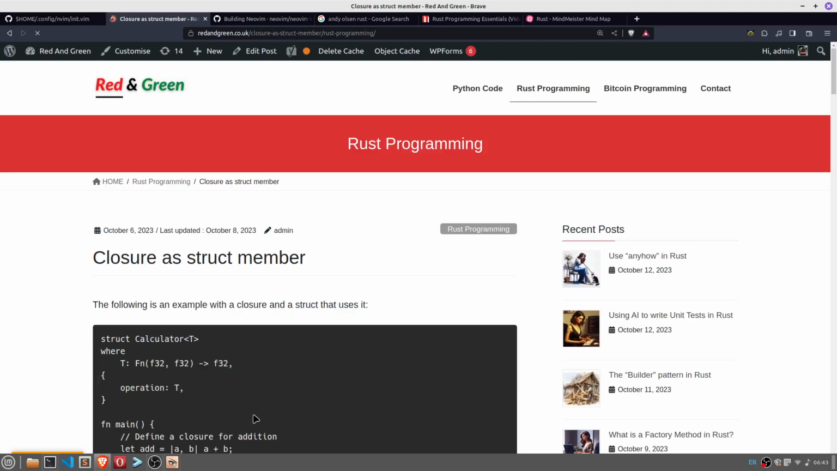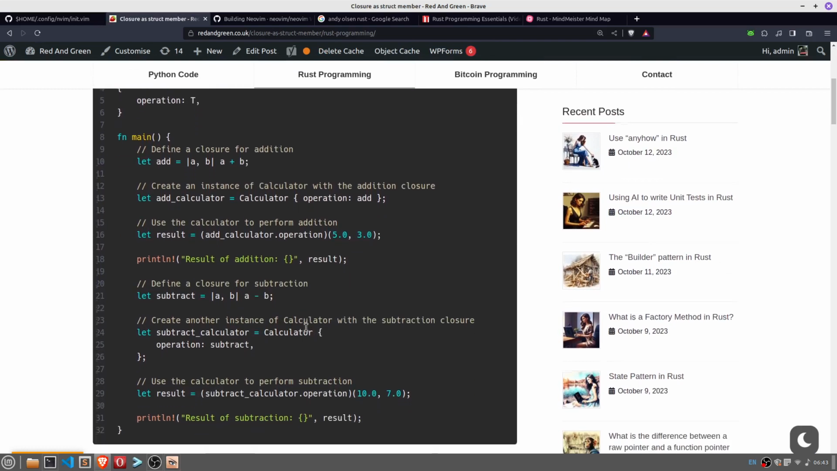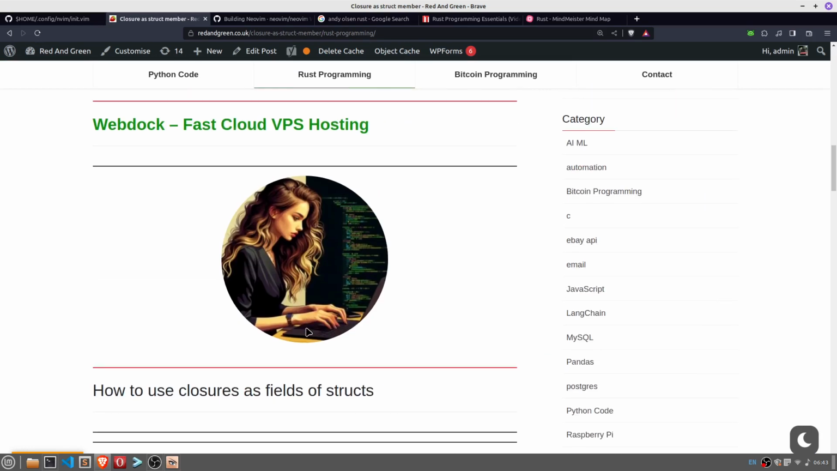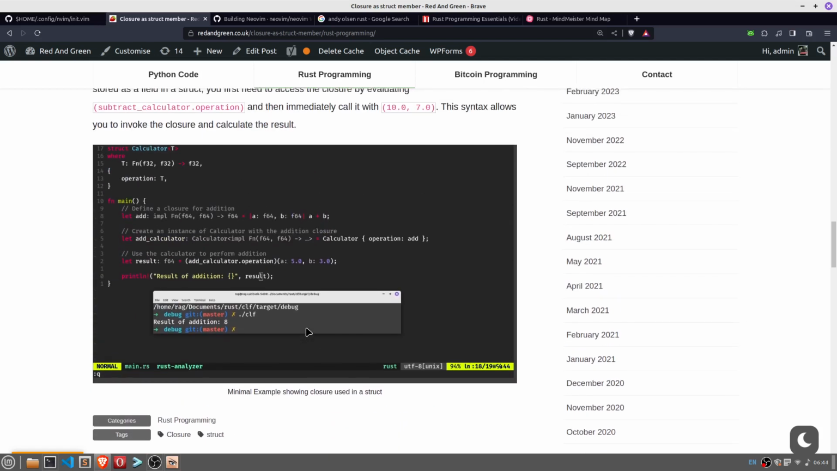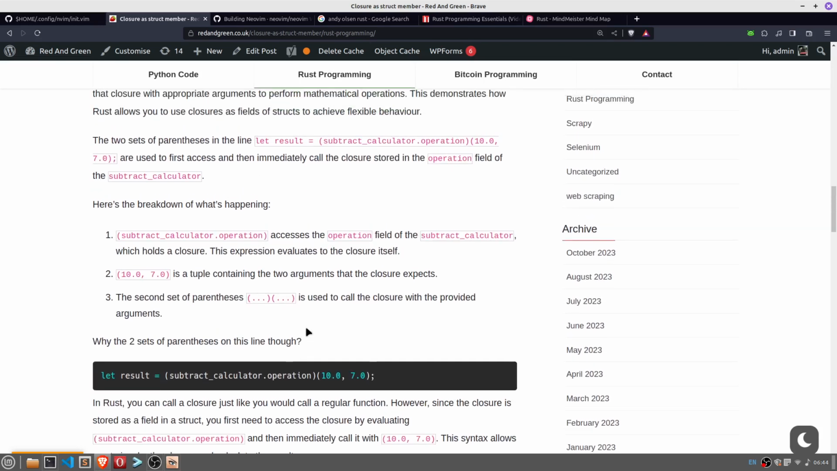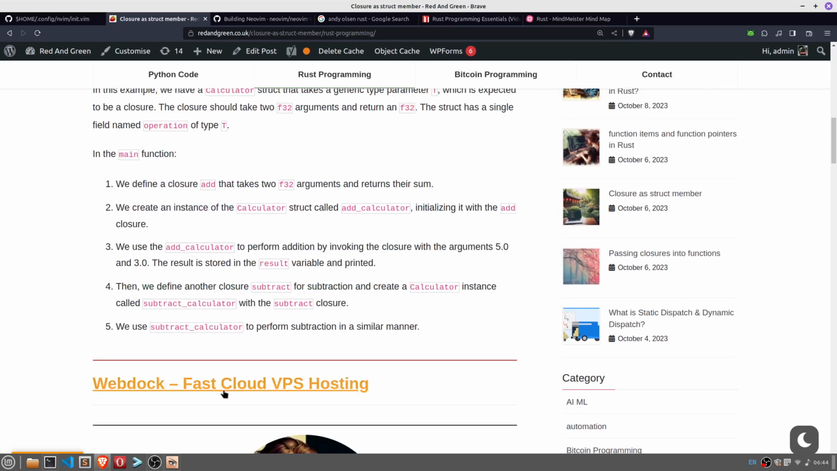So for instance, closure as a struct member. Here's my code. My code was adjusted, shall we say, with a bit of help from ChatGPT. The code is there, and you can see there's a screenshot of me running it in neovim, and it worked. Most of my pages there are Rust Playground links,